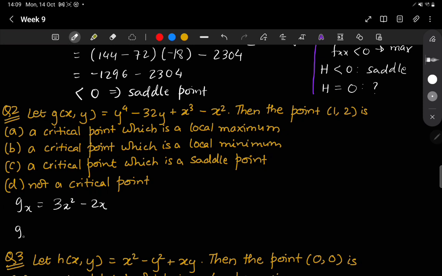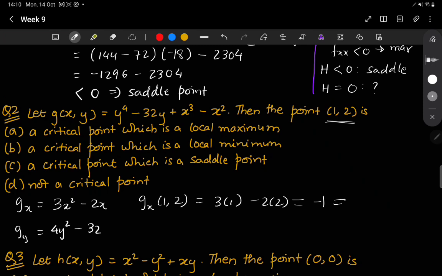This is the partial derivative with respect to x, now with respect to y. Now at this particular point we need to evaluate. So gx is 3 times 1 minus 2 times 1, which is equal to negative 1, which is not equal to 0, and gy,